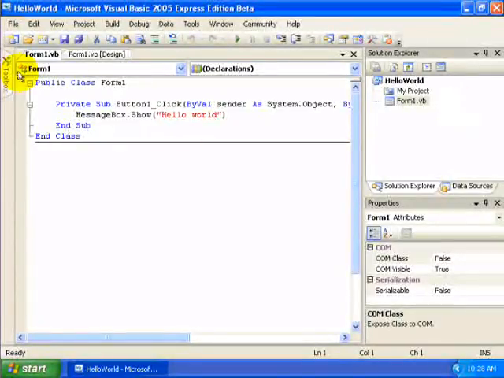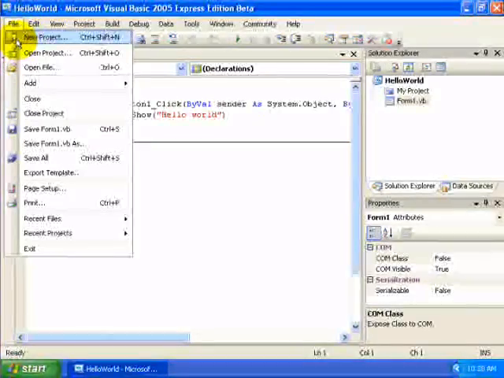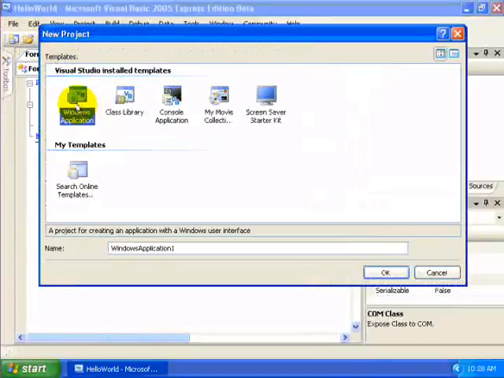So I'm going to create a new project, and I'm going to call it Lesson3. So I'm going to go to File, New Project. I'm going to make sure the Windows application template is selected. I'm going to change the name to Lesson03 and click the